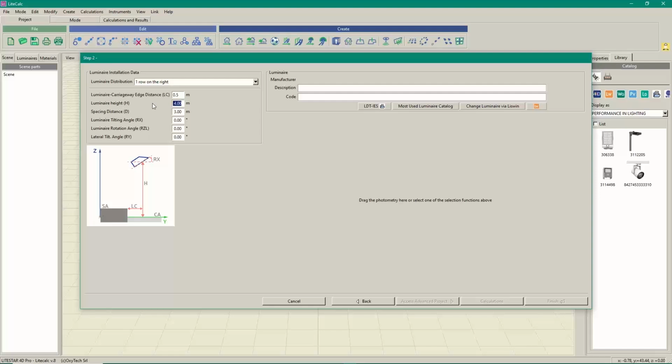Then where we want to put the luminaires in the height. So let's say that we have a 4.5 meters. The spacing, the interdistance in between two consecutive luminaires, let's say that we place it at 3.5, and the tilting. So the tilting and the rotation and the tilt angle along Y